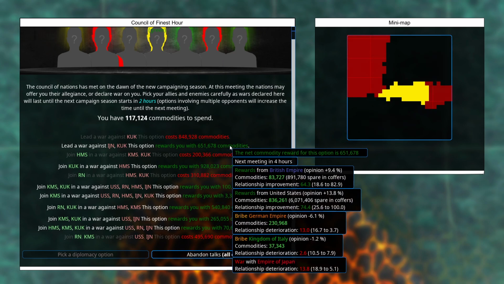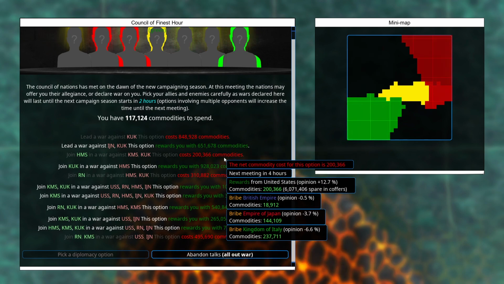We can also start a fight with the Imperial Japanese Navy. We know how fighting the Imperial Japanese Navy has been going in testing. Even the destroyer we've been using, which is supposedly not a great destroyer in real life, has been a little bit scary. We can...